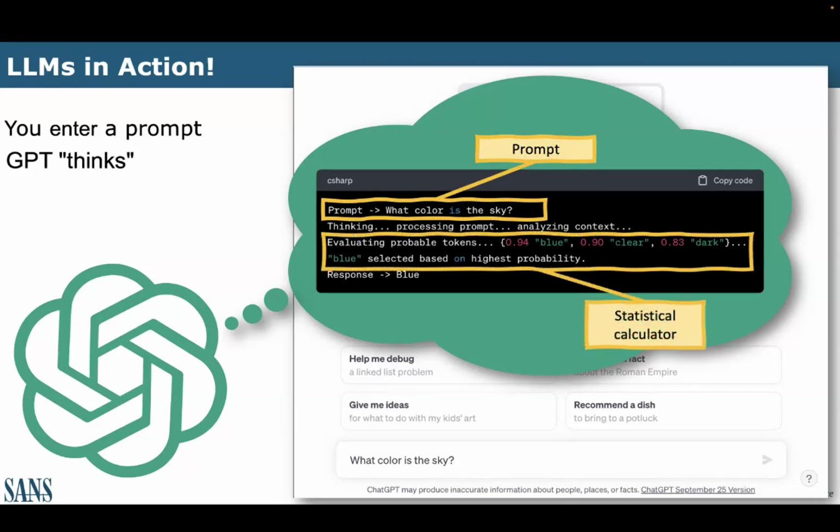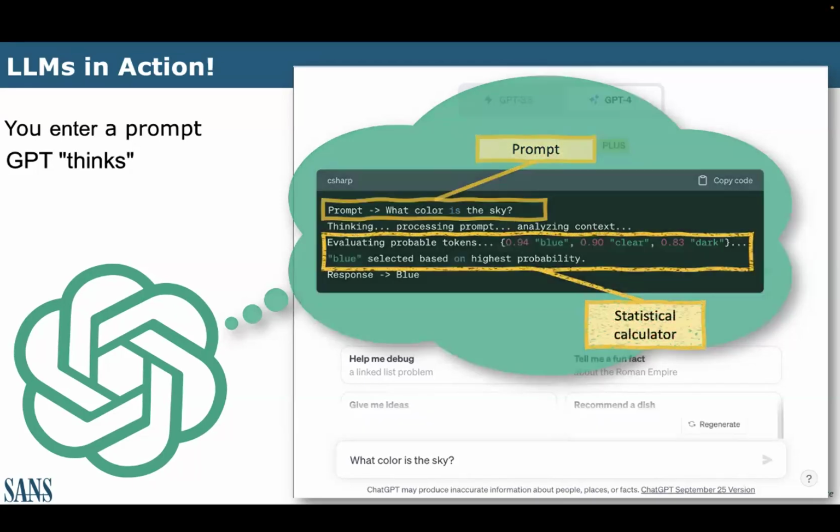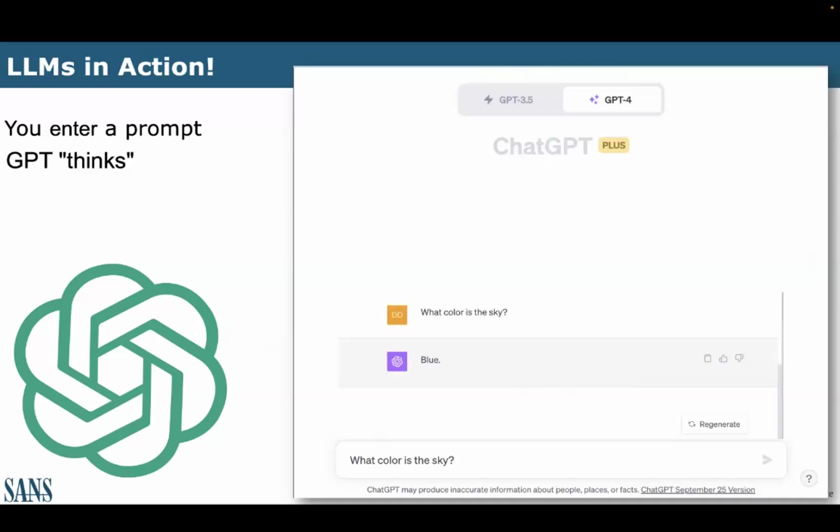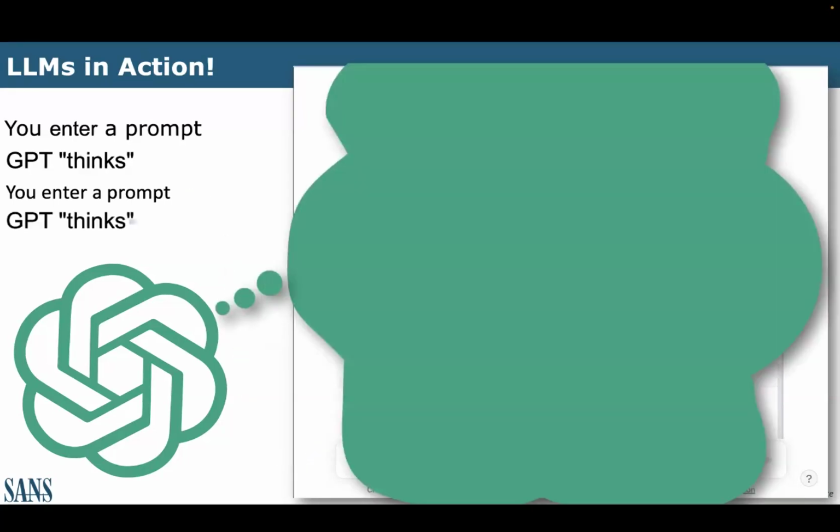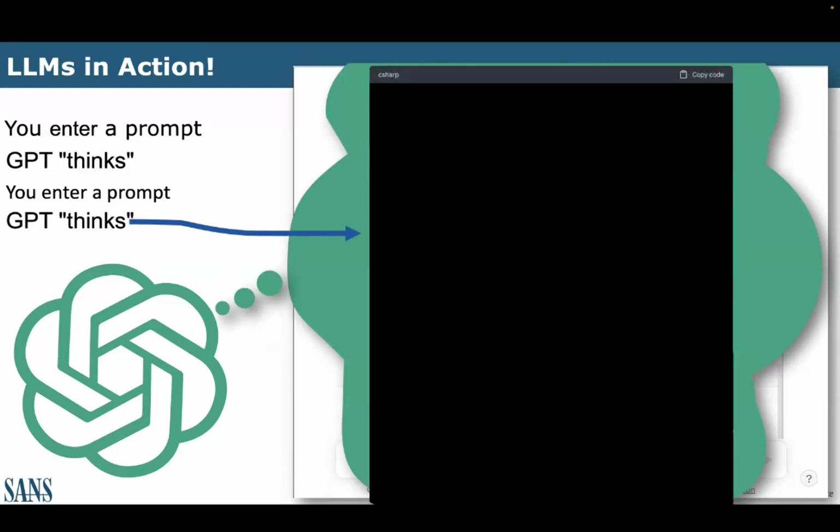There's our prompt, there's the probability calculator, and this is what it returns to the user: blue. So you could ask yourself, what happens when I ask a complicated question? That's a pretty easy one. I could look that up in a regular database. Well, if I prompt it with, why is it blue? More complicated question? More complicated algorithm?